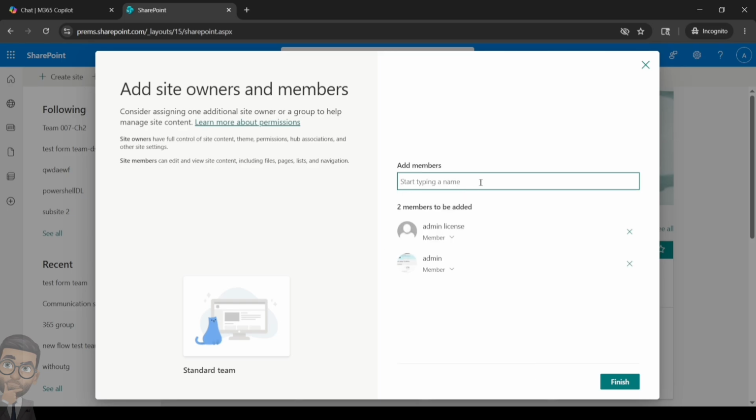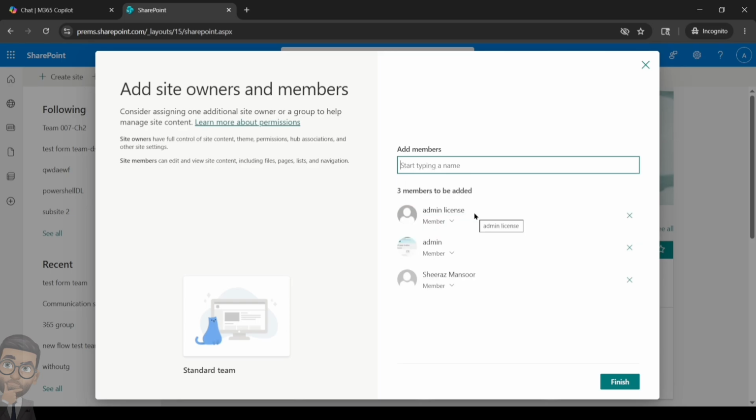Add myself, add a new person. So from the drop down, I can choose between owner and member. For my account, I will keep it as owner and others as members. We can have multiple owners as well. We'll click on finish,